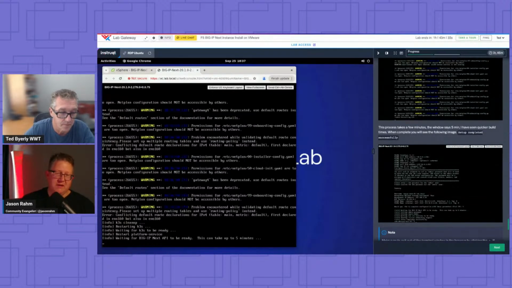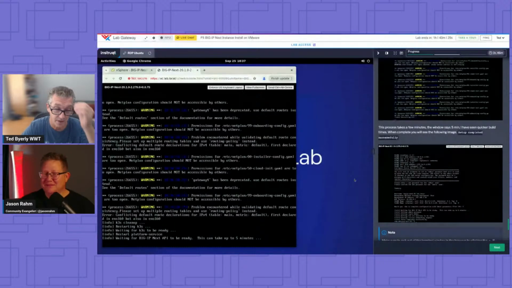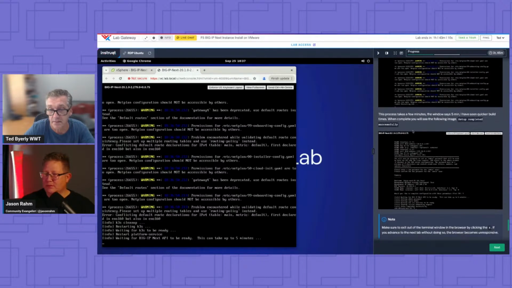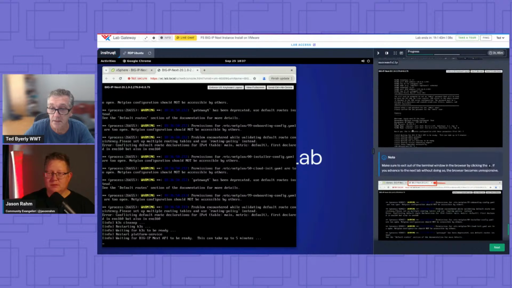Or you can separate them out all into their own VNICs, and it's all virtual anyway, so I'm not sure it matters. I just tried to represent what people are used to, internal, external. Especially in VMware, to make it easy, especially if you're just doing this in your dev environment and playing with it. And this does say up to 5 minutes. I never see 5 minutes go by. It's going to complete here in a minute.